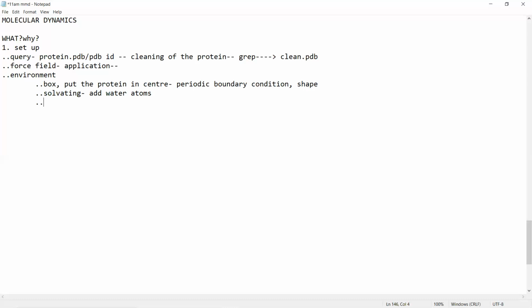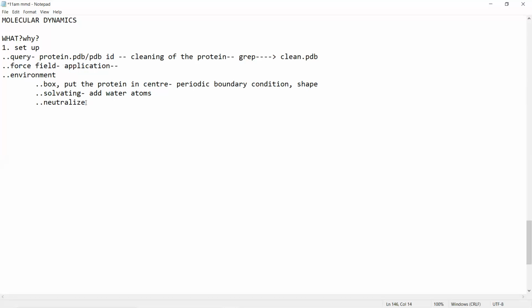After adding the water atoms, we will neutralize, because that is how the actual conditions are. Then we will be applying the force field. We will be informed of how many atoms and how many charges are there on my system. So we know the charges on my system, we know the angles and everything. If my protein has some kind of net charge, we need to neutralize it. So after adding the water, we will be neutralizing my system.